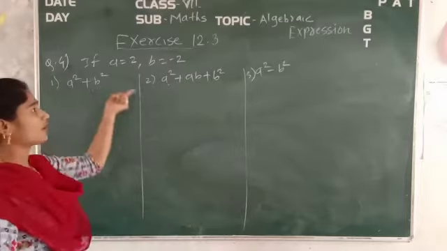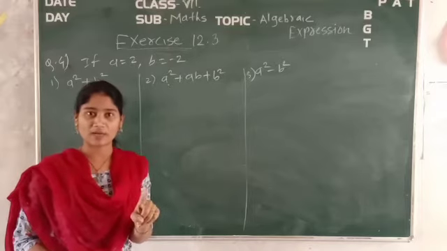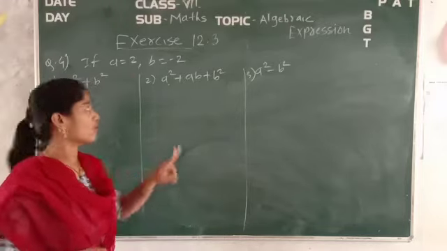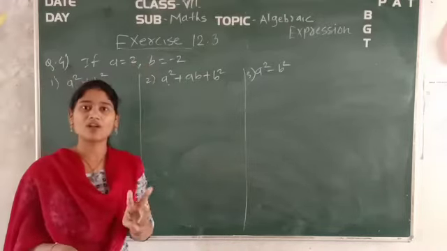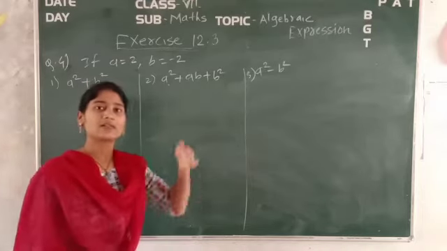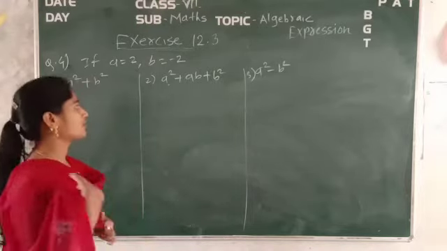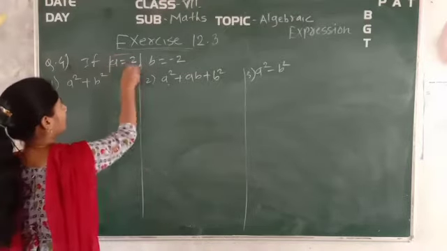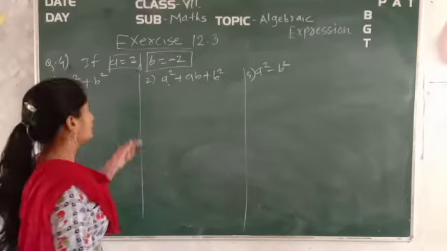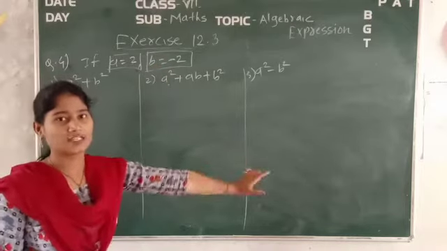See, understand, before this, up to question number 3, you were provided the value of only one variable, and the expression also contained only one variable. But here you have a combination of two variables and the values of both are given to you. That is only the minor difference. But still, whatever the steps and rules are, they will be the same for all these expressions. Now see how you can solve. You are given two values, a is equal to plus 2 but b is equal to minus 2. So put the value of a, that is plus 2, put the value of b, that is minus 2, and solve all these expressions one by one.